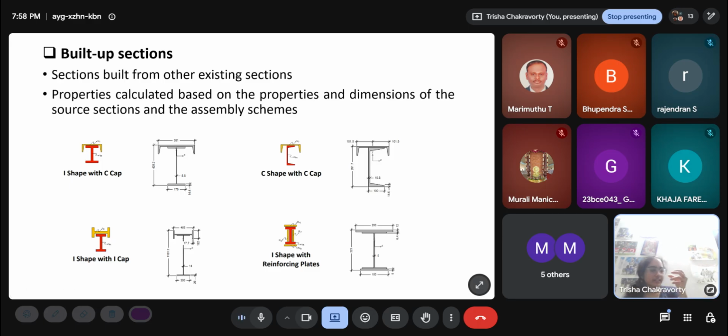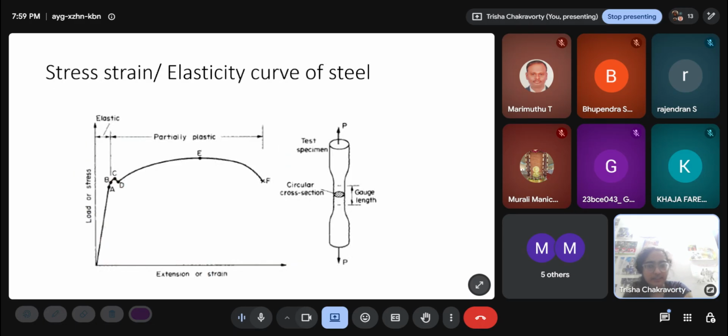The flange usually takes the bending moment and the web usually takes the shear force. Suppose I see that in a particular I section, it's failing in bending moment, but the shear force is enough. Like it is enough to take the shear force. Then I don't need to go for a larger I section. I can just reinforce the flanges a little bit with two flats. Then you can also reinforce it in as many ways as you want. So here we have flexibility. Usually the individual sections are standardized, but I can play around with them, I can build them, I can join them, I can make them stronger as per my need.